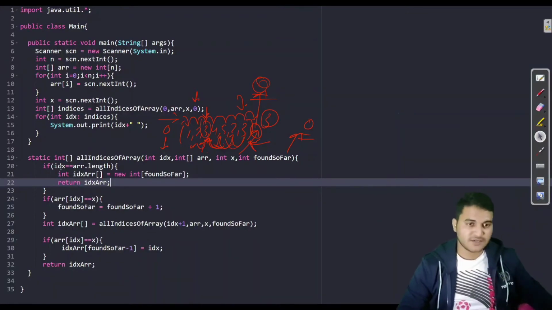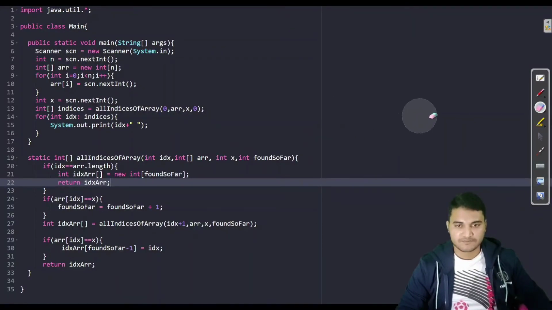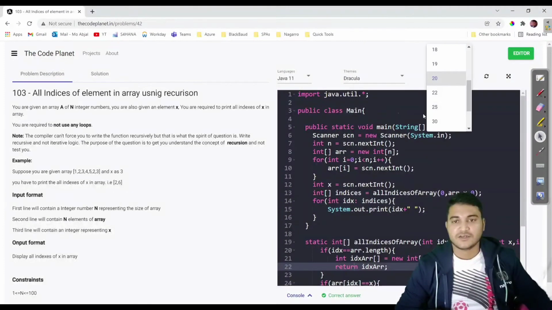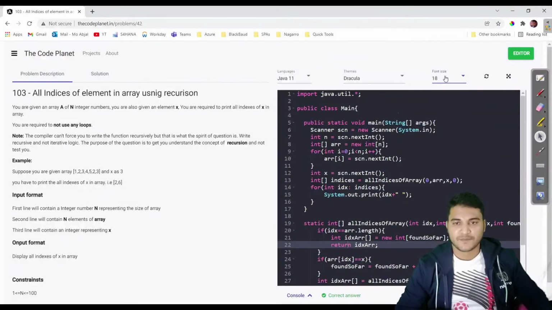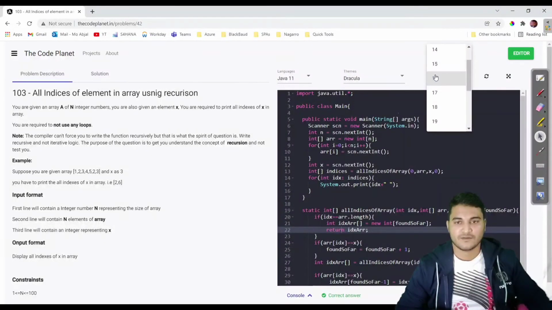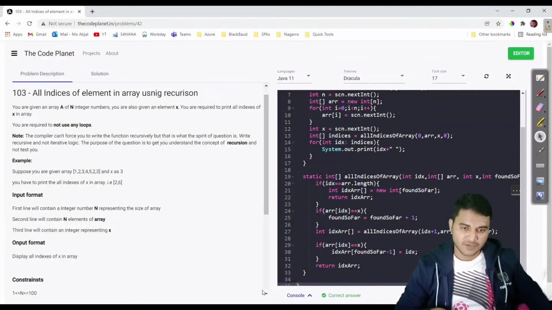Now our code is done, and let us see if we have any mistake in this. Let us try to execute this code, and let us try to decrease this font. Fine. So this is the code, and let us execute it.